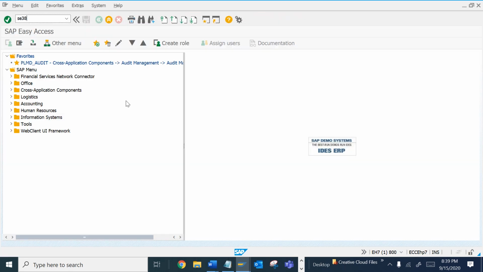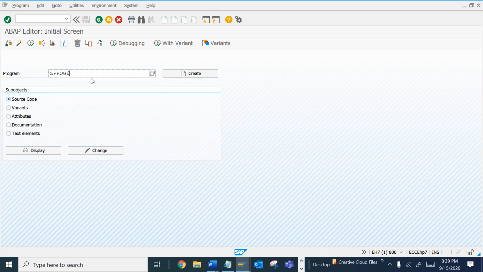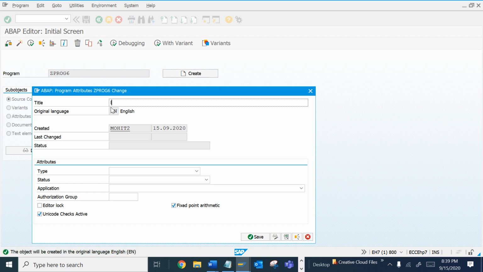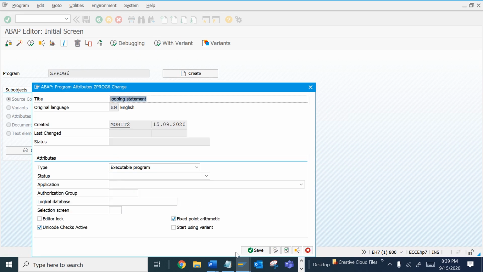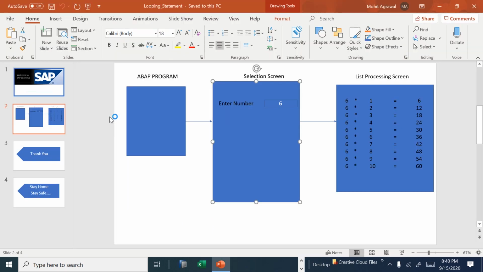So we will create a program. Let's say this, and then put a title for our program, and then save it in a local object. First we will create a single input screen where we will display a single input number.